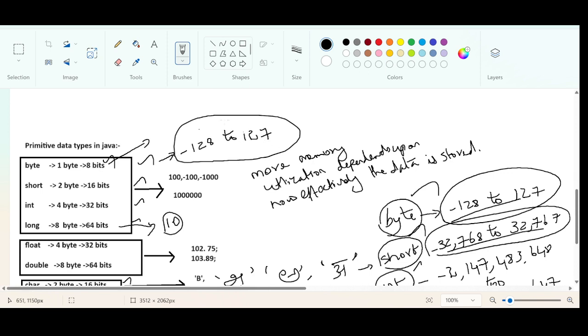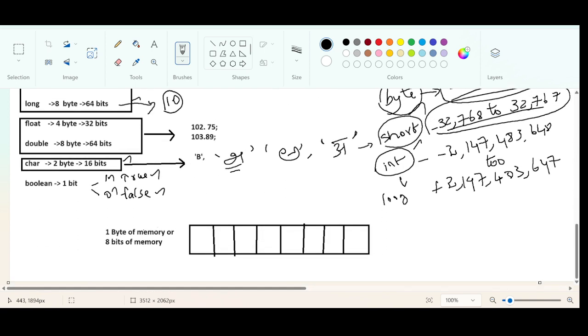How did they arrive at this conclusion? We must understand this. Why does it start from minus 128? Why not minus 29? Why does it end exactly at 127? How is this conclusion arrived at? Right? We need to understand this. To understand this,